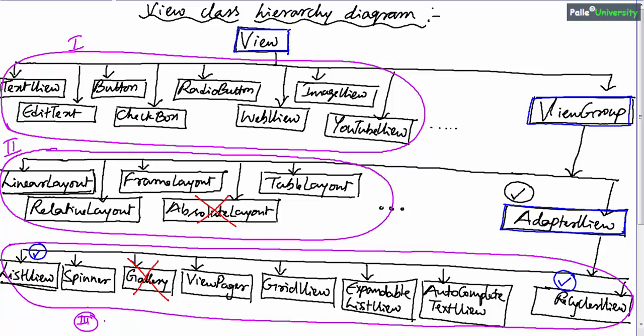Many times an interviewer may ask you a question: what are the adapter views you have worked on? Or what are the adapter view APIs which you have worked on? APIs means what are the predefined classes you have used while designing your application. You can specify list view, spinner, recycler view, and so on. Just like these are all predefined classes of Android, similarly, there are many adapters also available. Just like these adapter views are predefined classes of Android which are used to design your screen.